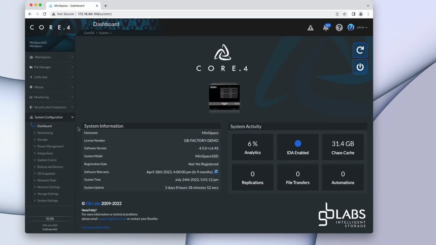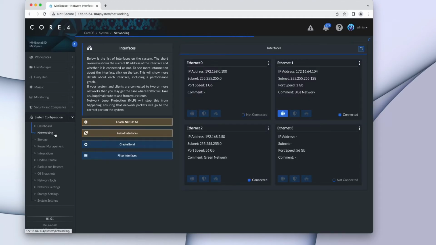Moving to the sidebar, users of version 4.3 and earlier will find an updated GUI for networking. Individual NIC ports are now displayed on these cards for easy overview, including IP, subnet, speed, and user comments. At the bottom of each card, users will see if that NIC is actively connected to a network, has internet access, network loop protection enabled, and if it's issuing DHCP to other locations on that network.